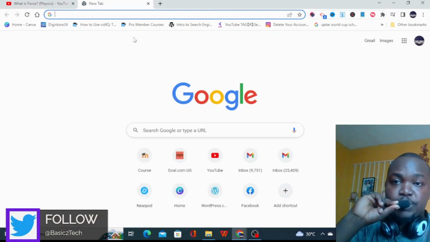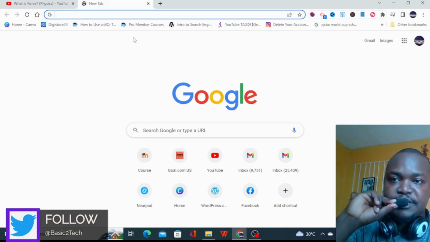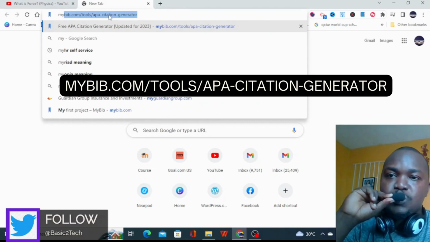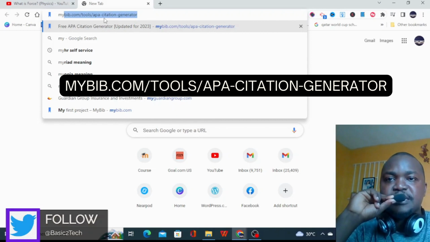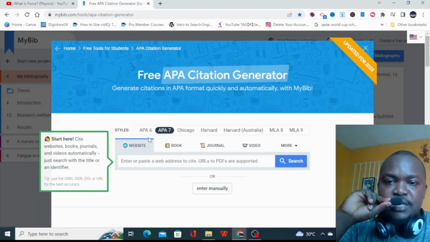In this video, I'll be showing you how you can cite and reference a video. So the first thing you do is to type in mybib.com/tools/apa-citation-generator. You enter. The next thing you do is to ensure that you are on APA styles because we have